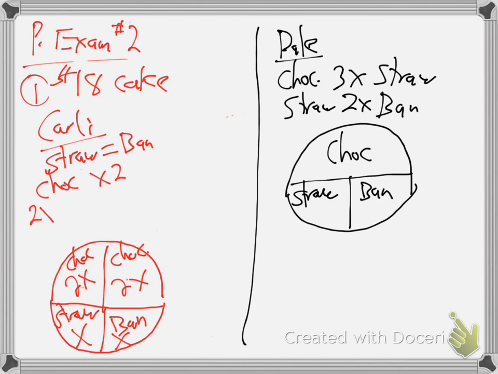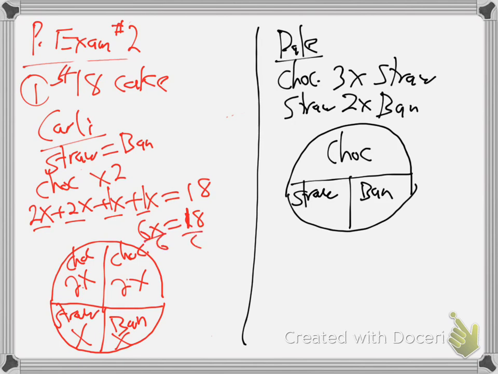So I just go to a little algebra equation here. 2x plus x is 18. The whole cake is worth 18 bucks to everybody. So for Carly, just add them all up. 2x, x and x is 18. Everybody see what I'm doing there? Like terms from algebra. These have understood ones in front of them. So 1, 2, 3, 4, 5, 6x is 18. Good so far? How do you solve for x? Divide by the 6. X is 3. So x is 3 bucks.